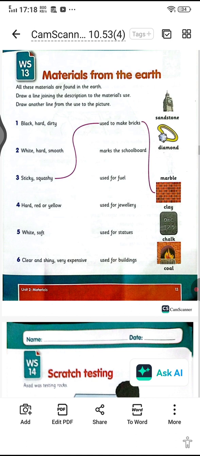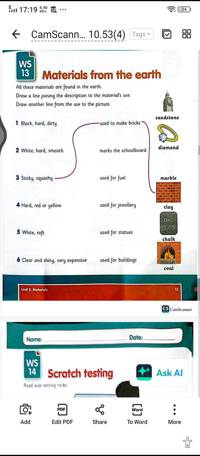White, hard, and smooth, used for statues, and it is marble. And third is done, and we will do fourth. Hard, red or yellow,